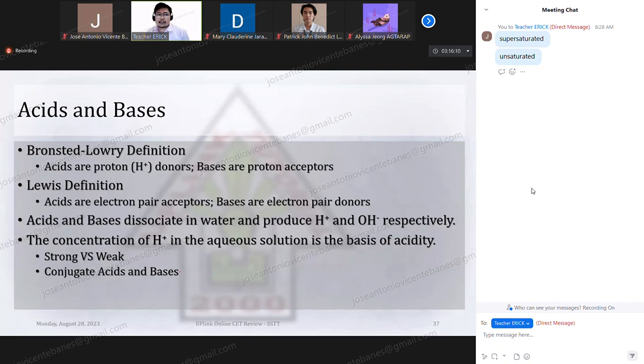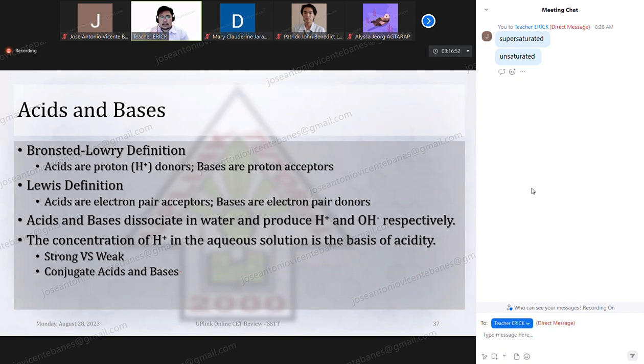Now, acids and bases. Acids and bases are the ones where we use the idea of concentration. And we want to make sure the buffer systems are established in our mind and what their function is in chemistry. Now, the Bronsted-Lowry definitions are known as: acids are proton donors. So the acids donate protons. Okay, those are your H plus. To give you an emphasis on that one. And bases are proton acceptors. So bases receive the protons, and basically in the equation, when they receive the H plus, they will become the